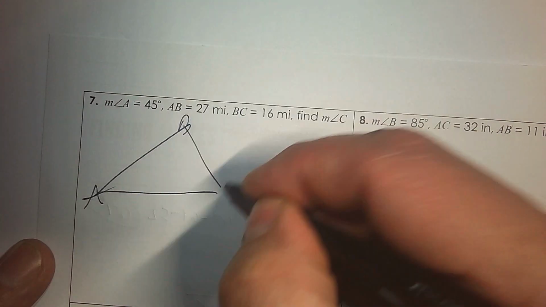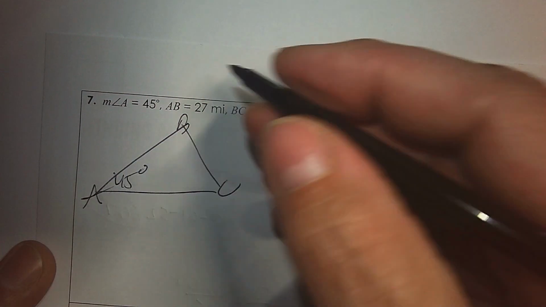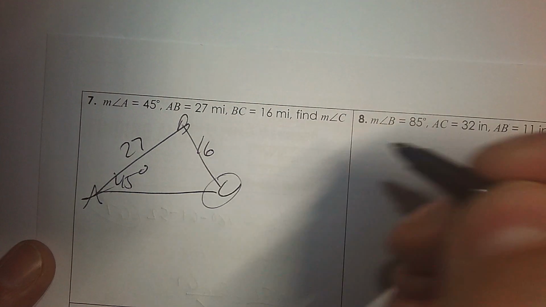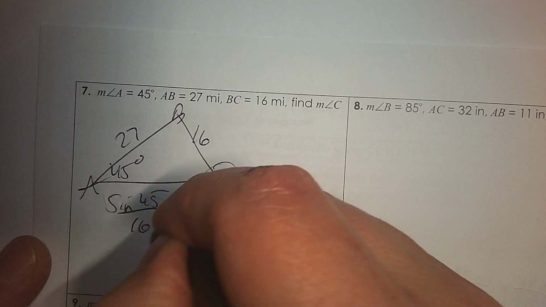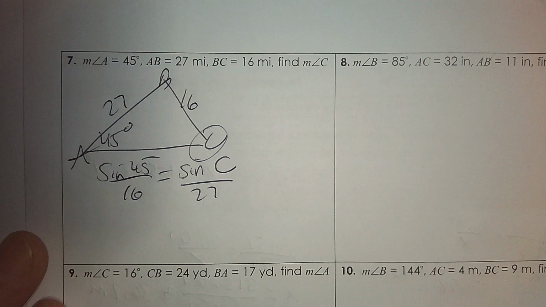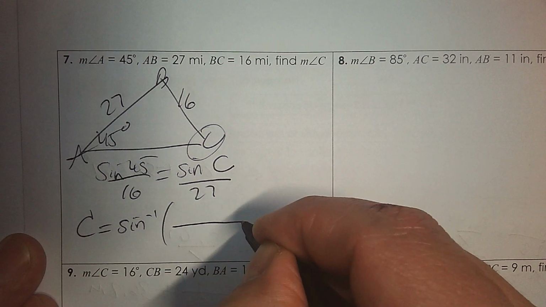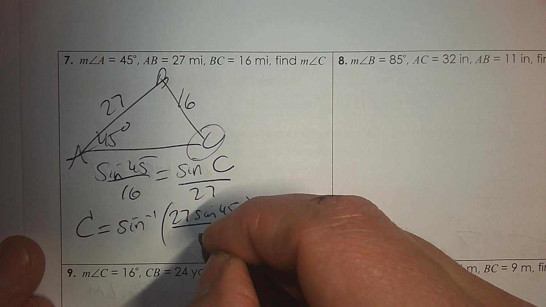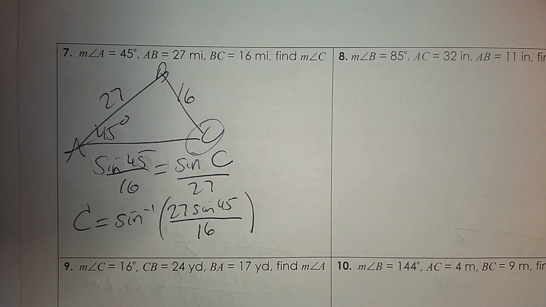ABC. Angle A is 45. AB is 27. BC is 16. And we're trying to find angle C. So start with what you know. So that's sine 45 over 16 and sine C, which I don't know, over 27. To get C by itself, it is going to be the inverse sine, and you're going to cross multiply and divide. So 27 times sine 45 divided by 16. When you put that in your calculator,